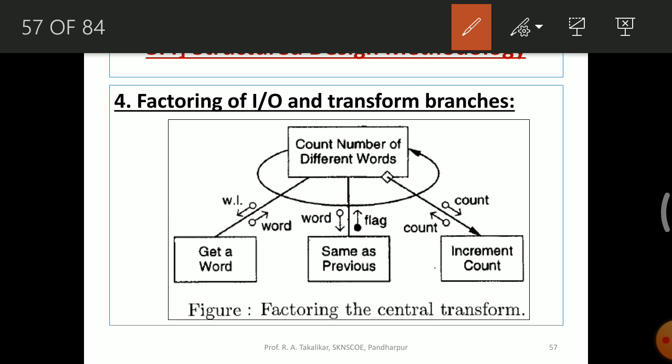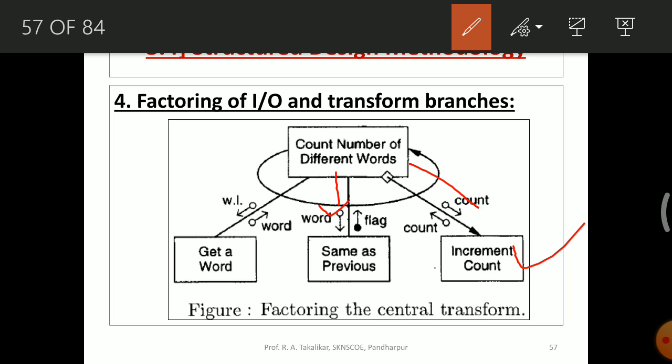If this word has to be counted, then the count has to be incremented. If this word is new, then the count should be incremented. For that, the increment count module is newly created. It was our requirement. What does it do?